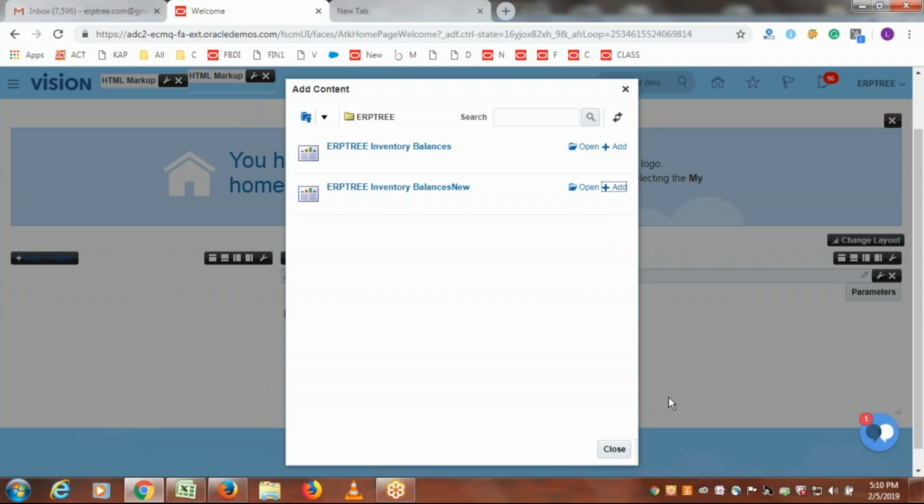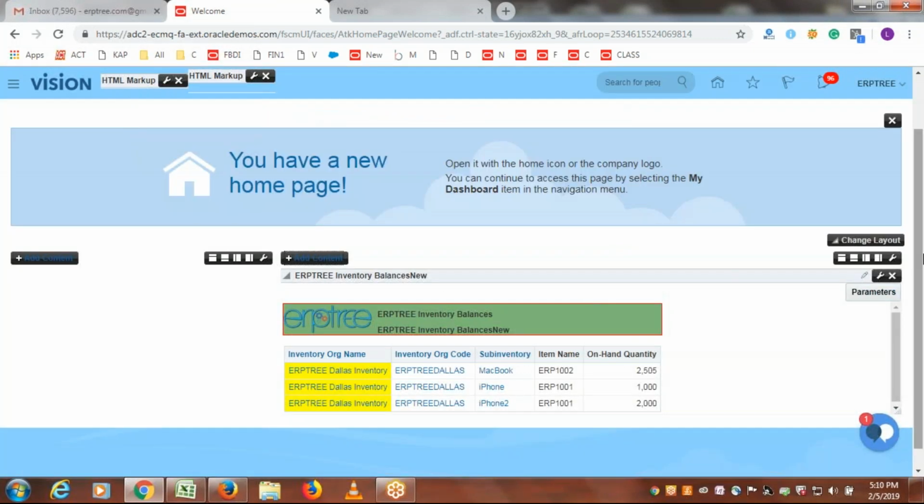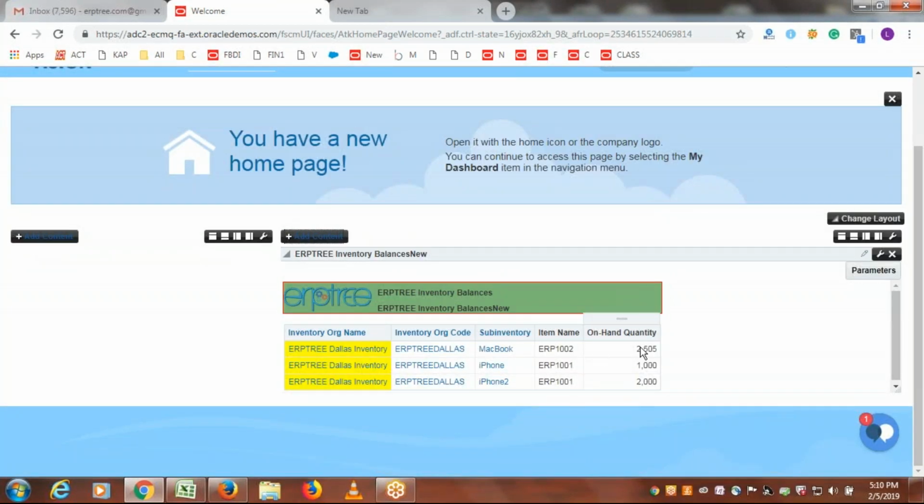Okay, just click on add and say close. Now here you can see the report output. As of now, these are the quantity balances available for specific items. Whenever there is some update to the on hand quantity availability, the system will update automatically. So whenever the user is on the page without running any report, they can directly get the balances within this